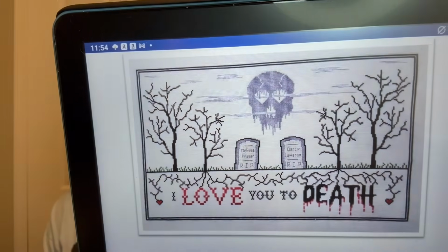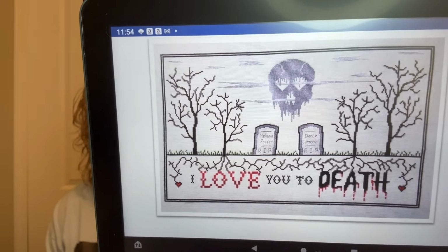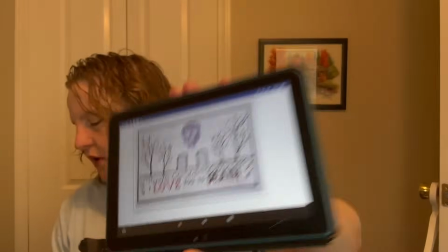This is 255 by 155. It has like 8 colors in it. That is what it's going to look like when it's done. I'm using the Called For floss, the Called For DMC, stitching it 2/2 full cross on some kind of 28 count grayish linen. I had bought it for something else and I didn't like how it was looking for that project, so I didn't use it. But then I had this one and I was like, oh, this will work out. So I'll just